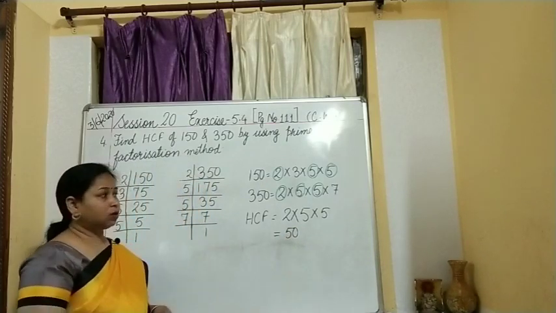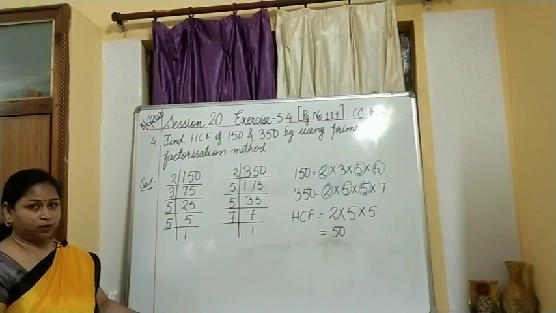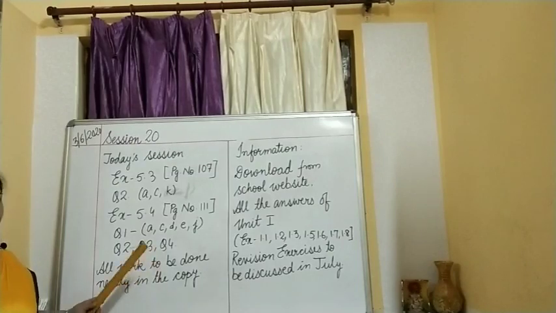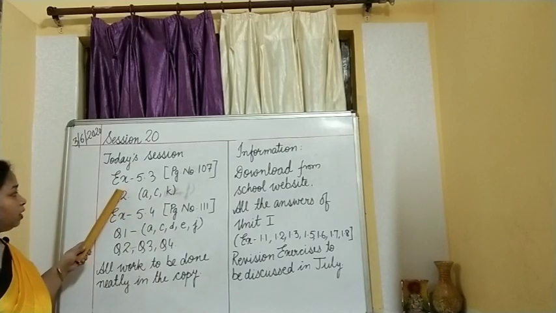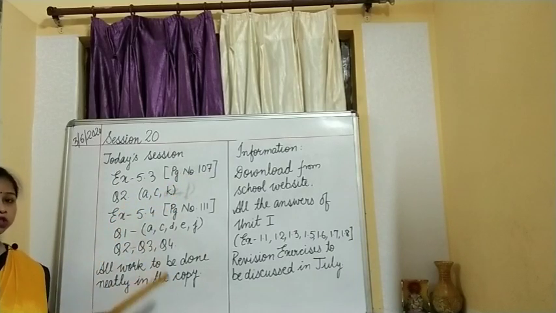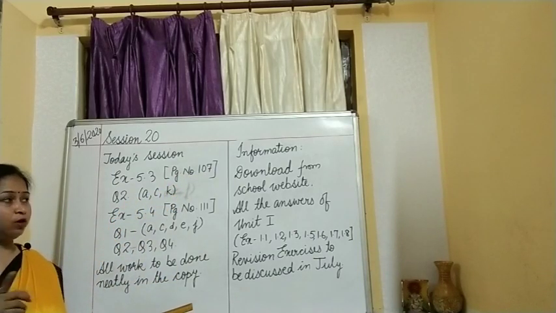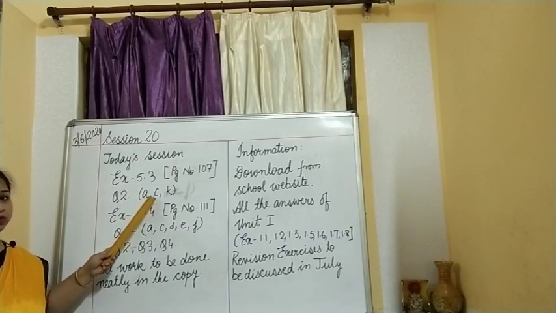And with this we complete exercise 5.4. So before winding up, what we do usually, we check out what we have learned today and what is your classwork and homework. Okay, let us do that. So a recap of all the things in today's session, what all things we have done. We did so many things together, no? So exercise 5.3, which is given on page number 107. Question number 2, question number 1 I have told not to do. We will be doing it later in the revision period. Okay. Question number 2 I have worked out A, C and K for you.